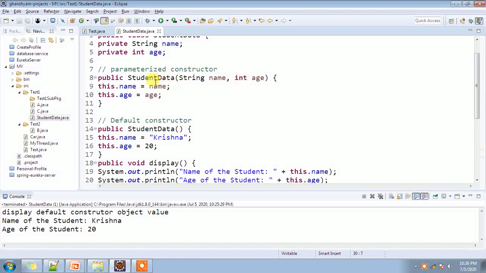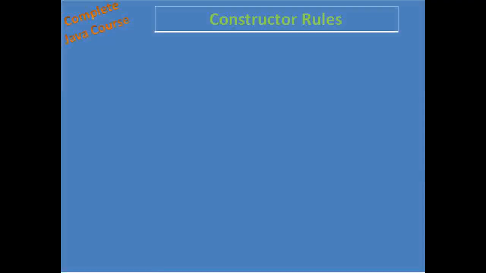And now we are assigning these to the fields name and age. So if you run this program now, you will get the student name is Gopal and the age of the student is 25.